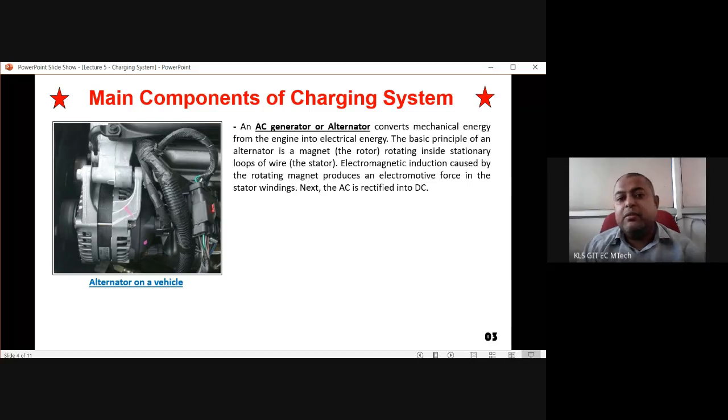So there are main components of the charging system. First, the alternator, already told to you. So the AC generator, the alternator, converts the mechanical energy from the engine into electrical energy. Sometimes people call it a dynamo. What is a dynamo? If there is dynamism, if there is speed, the car is moving. So the rotating speed is generated and that rotary motion is taken inside the car, and that is actually connected to the alternator. Alternator rotates and generates the power.